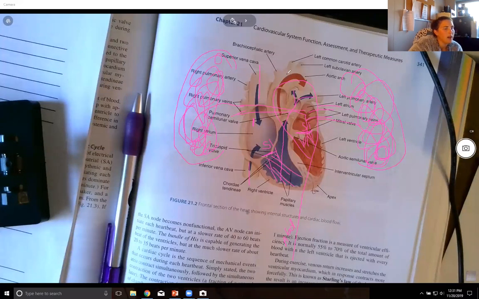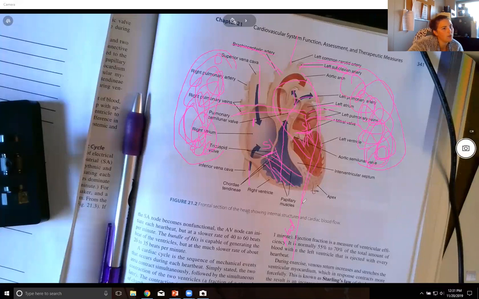And from here, we've got these primary pieces coming off. These are going to go up to the head. Here's our carotid artery. This is the brachiocephalic artery going up into those upper extremities, and the subclavian artery. Clavian meaning clavicle. So right here under the clavicle bone is where this artery is coming through. So these are coming out and feeding the upper half, and it continues down that arch,